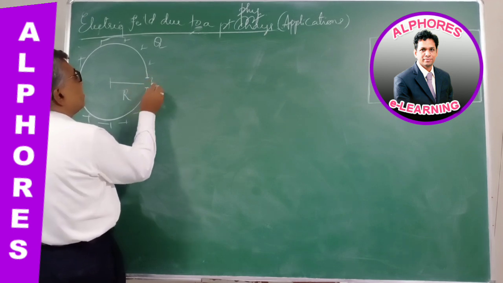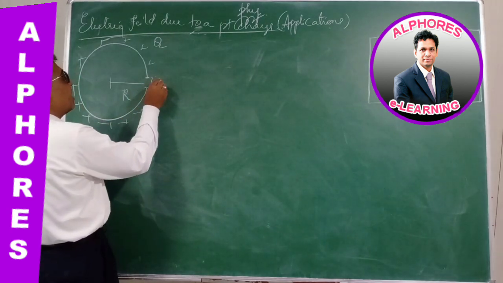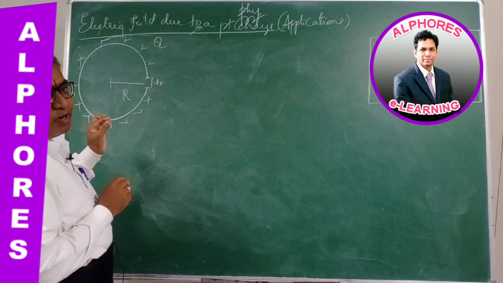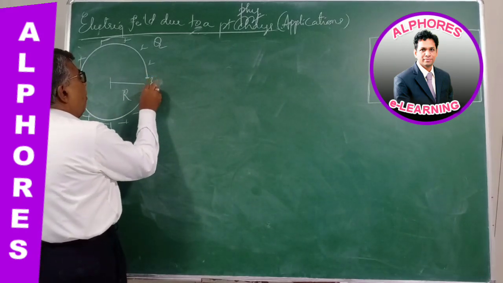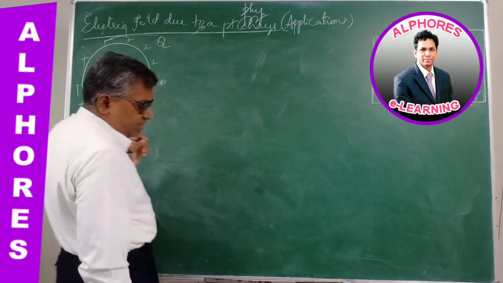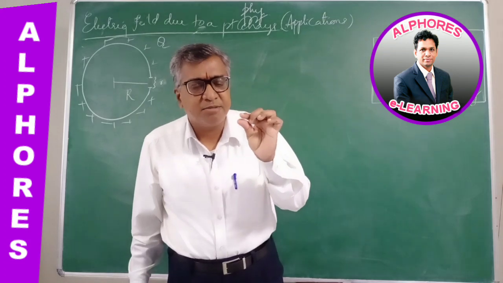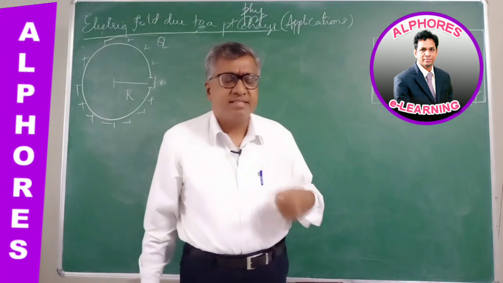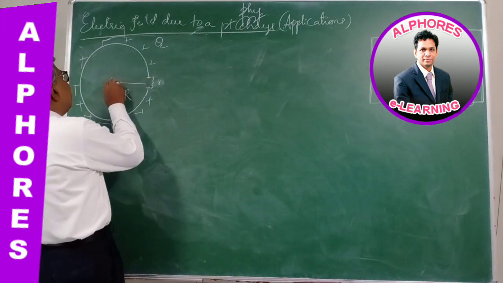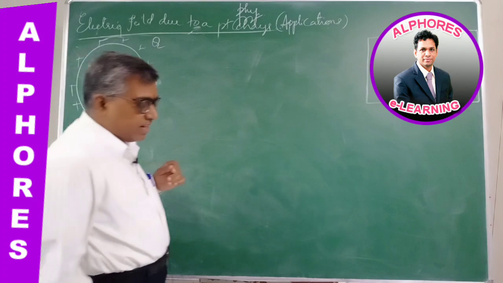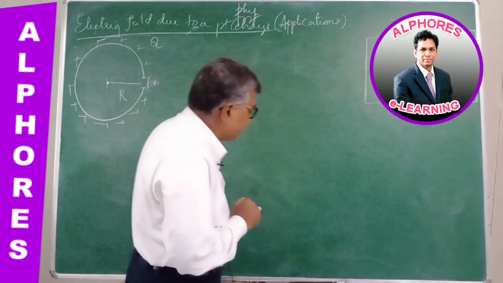Let's say this small part has a length dx, or dr. The length of this small part is negligible when compared to the circumference of the ring, and it is removed from it. Then what would be the electric field at the center of the ring? A very beautiful question. Let us understand this carefully.